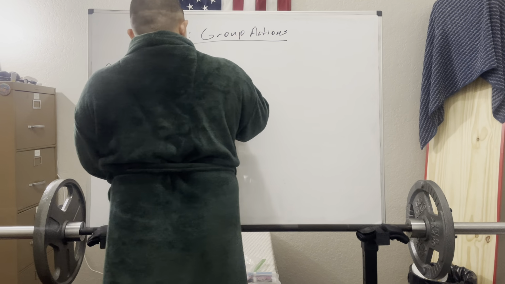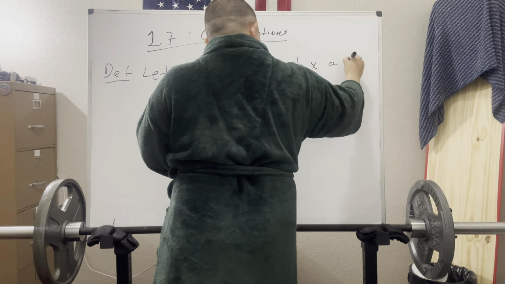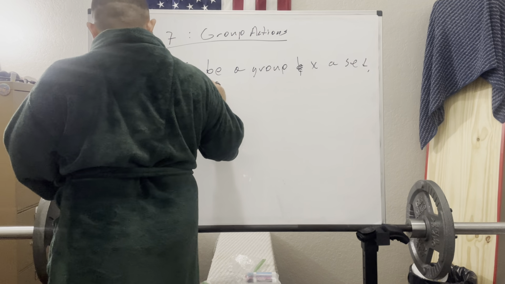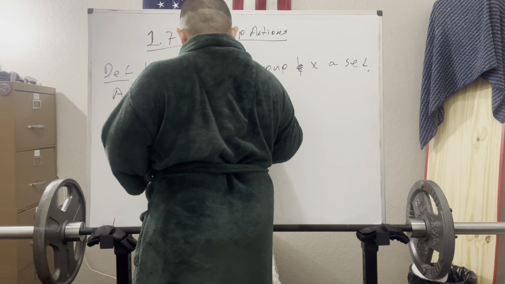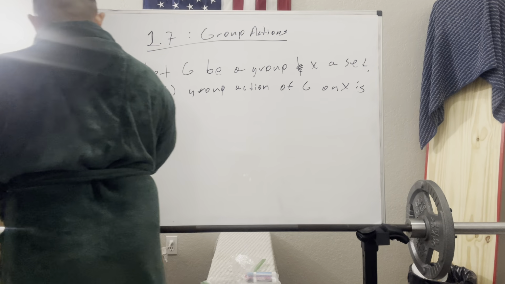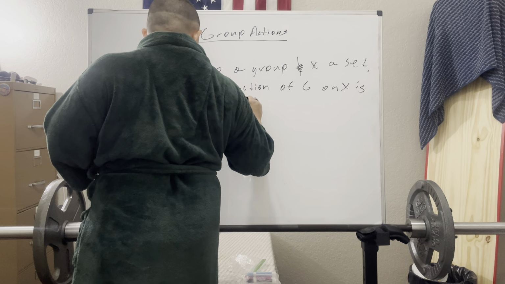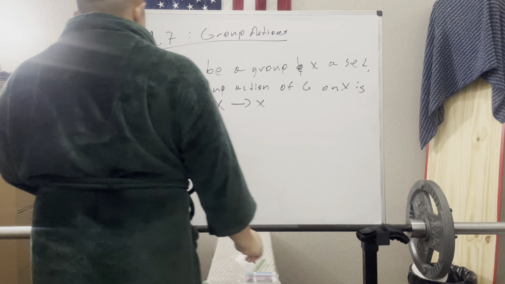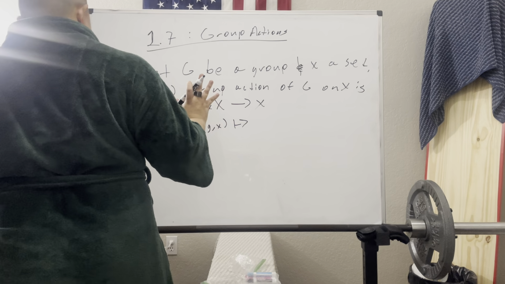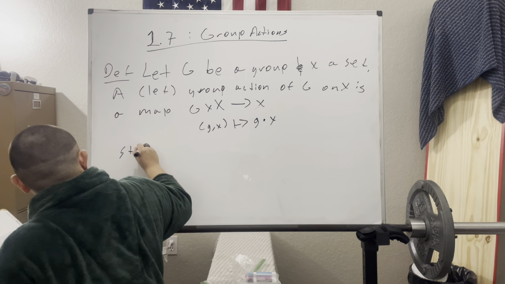Let G be a group and X a set. A left group action, yeah, there's left and right, of G on X is a map from G cross X to X. So, looking at this more element-wise, the Cartesian coordinate (g, x) goes to g operated with x. And this satisfying